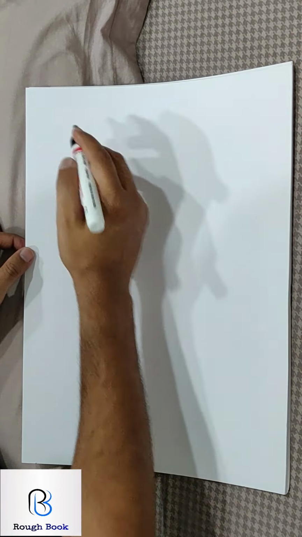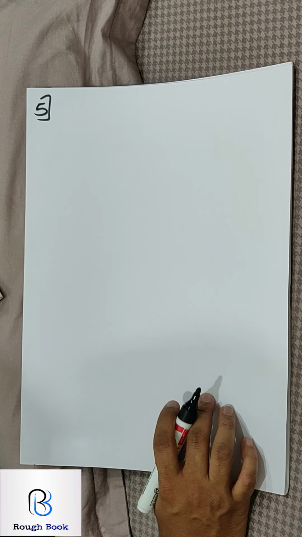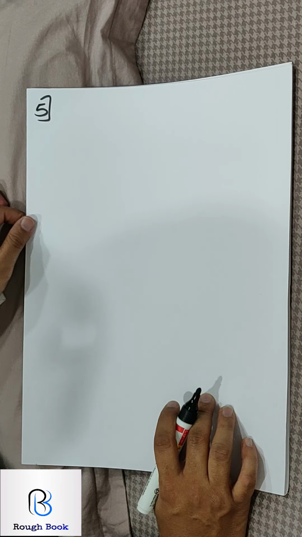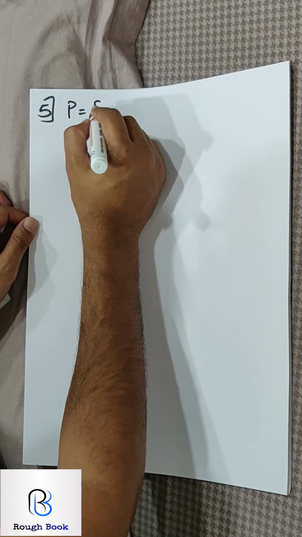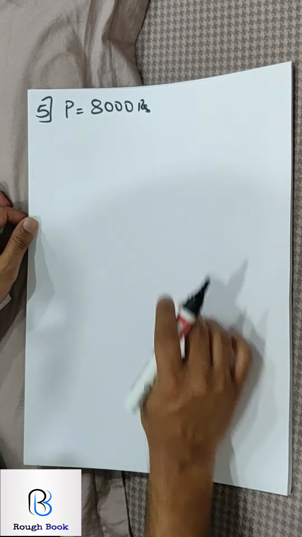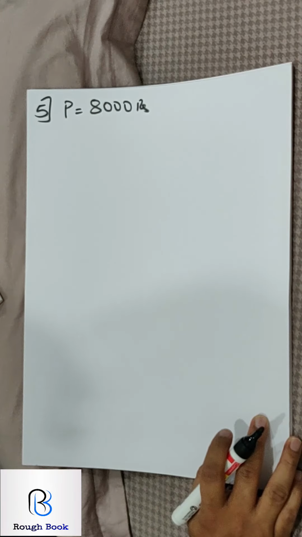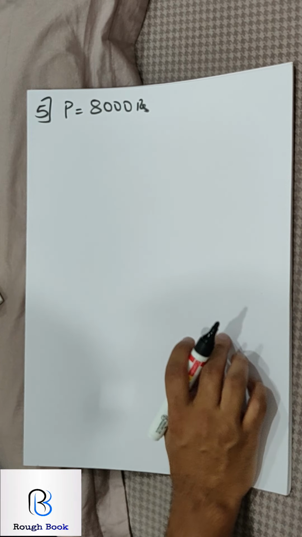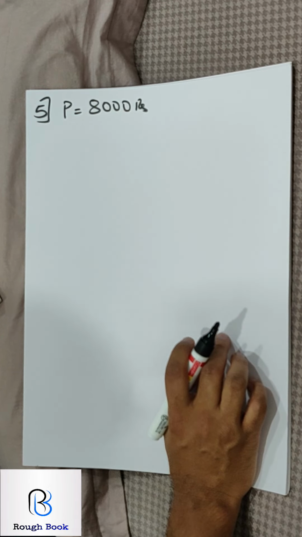Come on, I want you to try the next one. Sum number 5, simple question. Most of you all should be able to go ahead. Come on, try it, guys. Let's race. A man invests 8,000, so his principal is rupees 8,000, for 3 years at a certain rate of interest compounded annually. At the end of 1 year, it amounts to